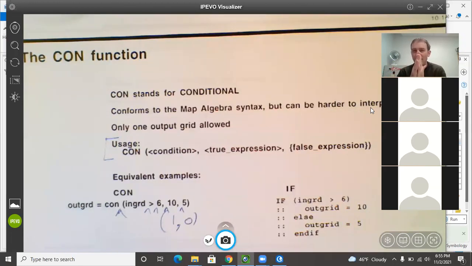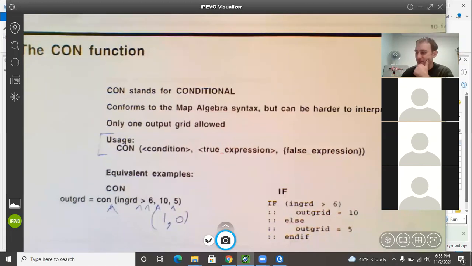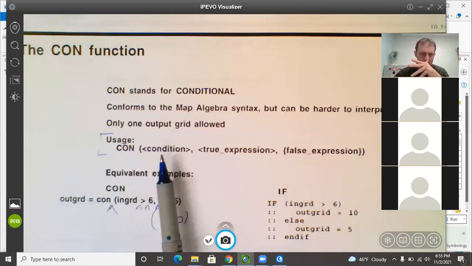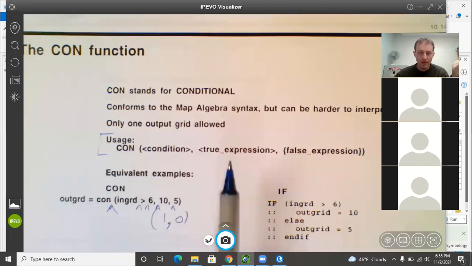That's why I love this. You all have the power. So that is a good way to think about this, is that you have the power to control this. And that's cool. So the usage on this would be the condition, of a raster or whatever, condition meets whatever